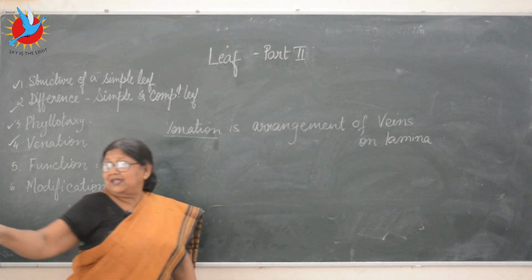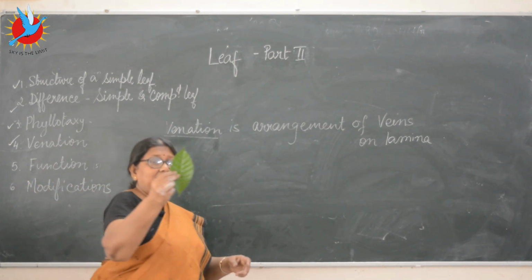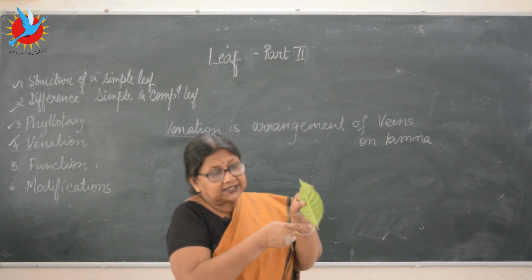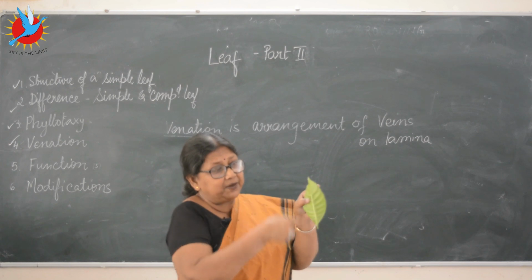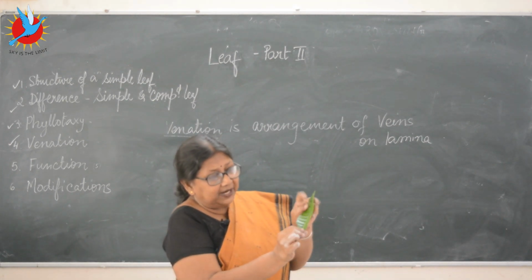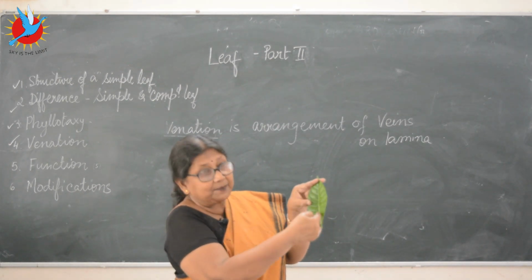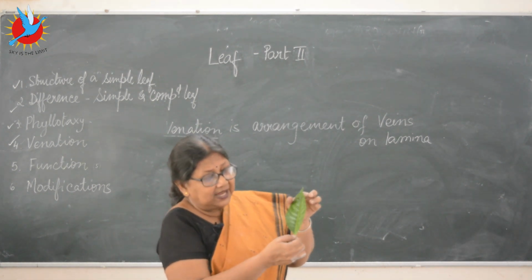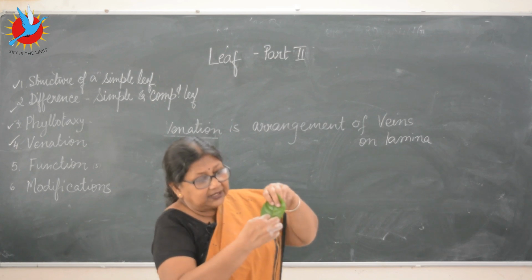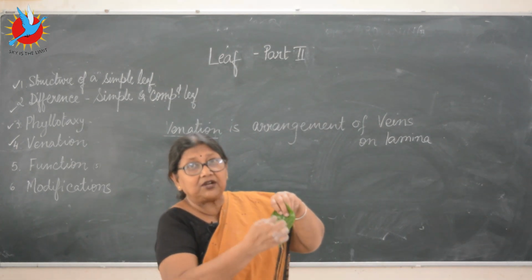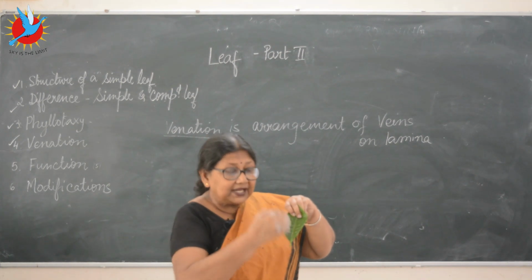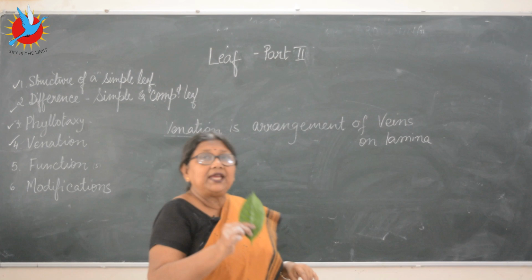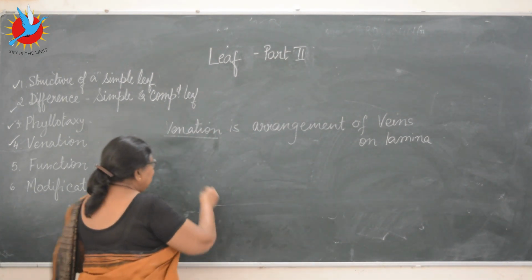Now vein you have done also. You remember when we did the leaf, that the petiole of the leaf extends through the lamina, or the leaf blade, through the center. This is called the midrib, the main vein or midrib. You can see on both the sides, from the midrib the other side veins are coming out. They are called the veinlets. So this arrangement of veins on the leaf is called the venation. There are two types. What are the two types?